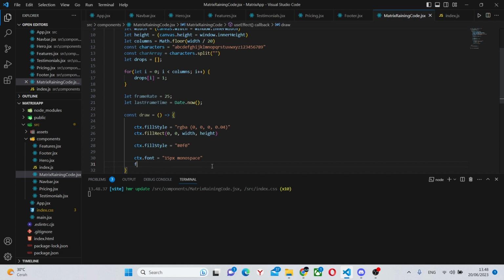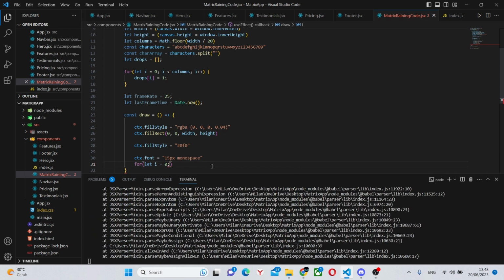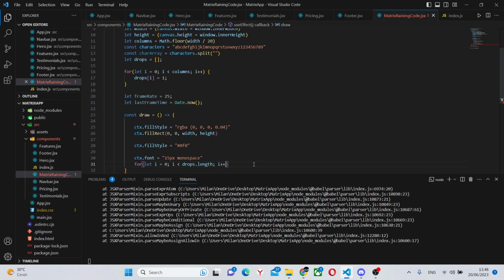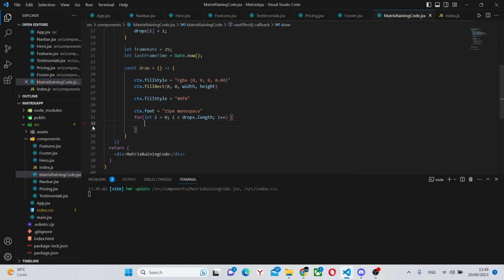Next, we'll create a for loop. So for let i equals 0, i is going to be less than drops.length, and i++. Then we'll put our usual parentheses.